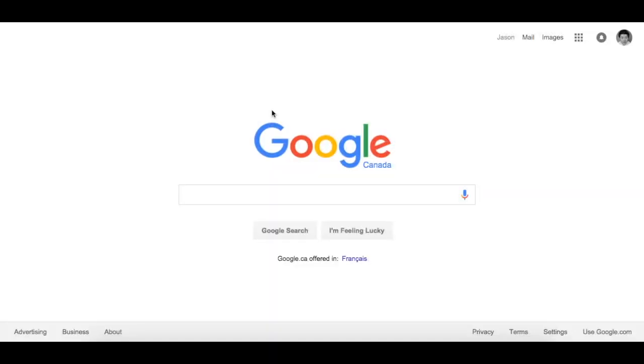So we're going to take a look at sharing files or folders from your Google Drive today, and take a look at all the different ways you can do so and the different features when you share a file or folder. So the first thing we're going to need to do is go to our Drive,